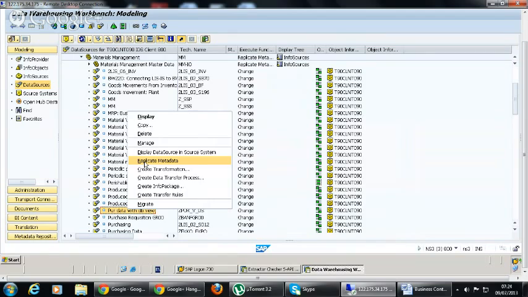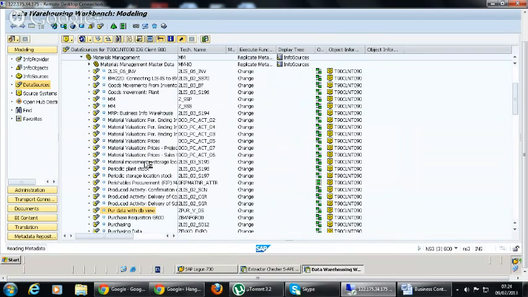You can either replicate individually or at application component level. If it is not done by anyone, then you can replicate. You have to replicate it at application component level because it is the new one we have created, so it is not replicated in the system. This is for the first time. We are doing the individual replication.